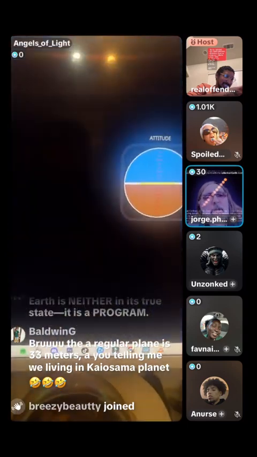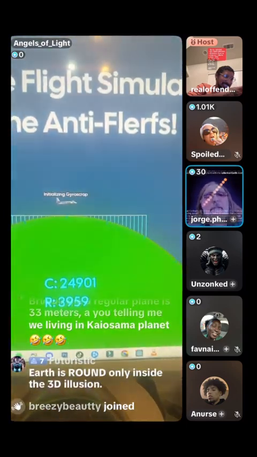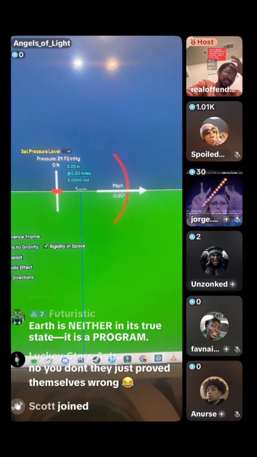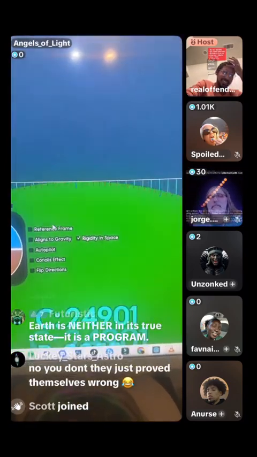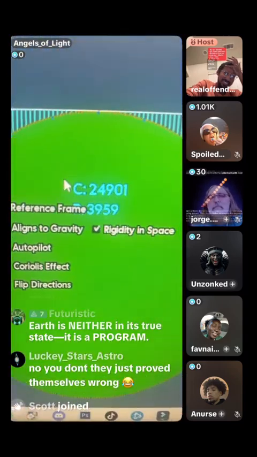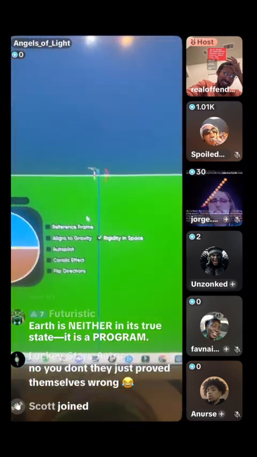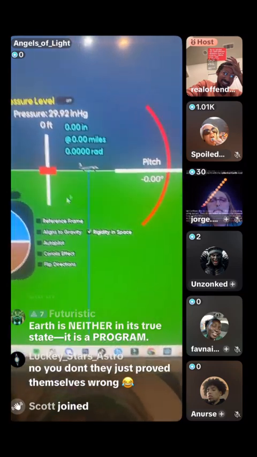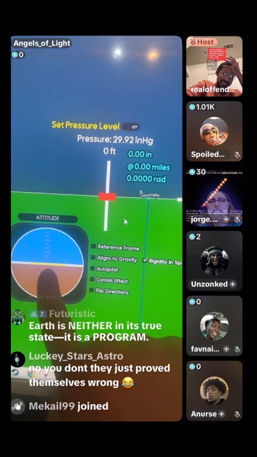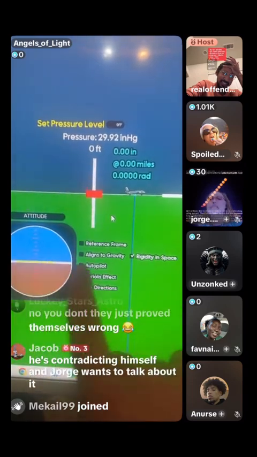Come on, you are doing yourself a disservice. Let me show you the advanced one. No worries. This is your globe. This is the correct dimensions of the globe: 24,901, 3959. All right. Now, does this instrument, which maintains rigidity in space, align to gravity